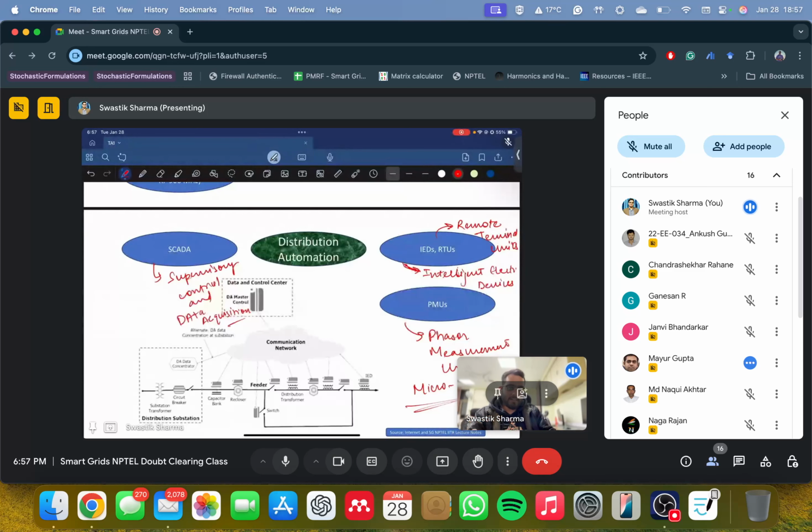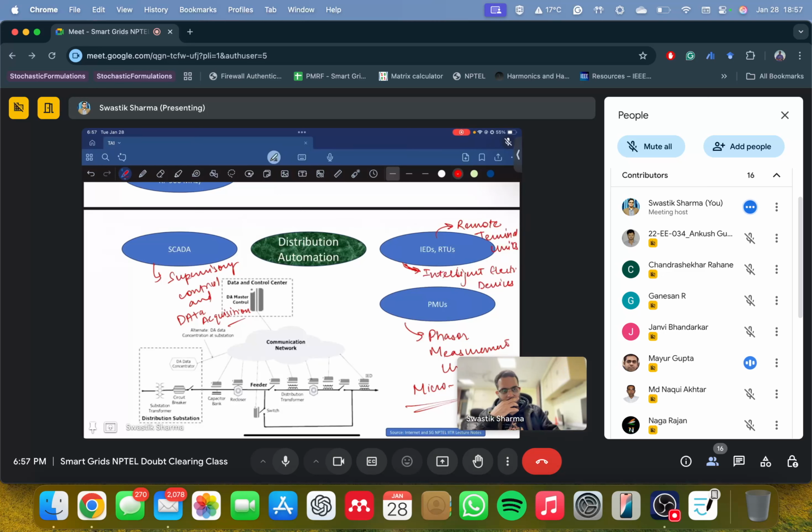No, not IEDs. It's not like your switches will be replaced. It's like remote terminal units. What they do is they take the data coming from the IEDs and transmit it to a different place, right? You require only PMUs now with IEDs. Of course, IEDs will stay there, your switches will stay there, your relays will stay there. You still have to coordinate based on the information you're getting from a particular node. But the next best bet after RTUs is PMUs. That's what has been taught this week as well. But correct me if I'm wrong. I'll be happy to be corrected.